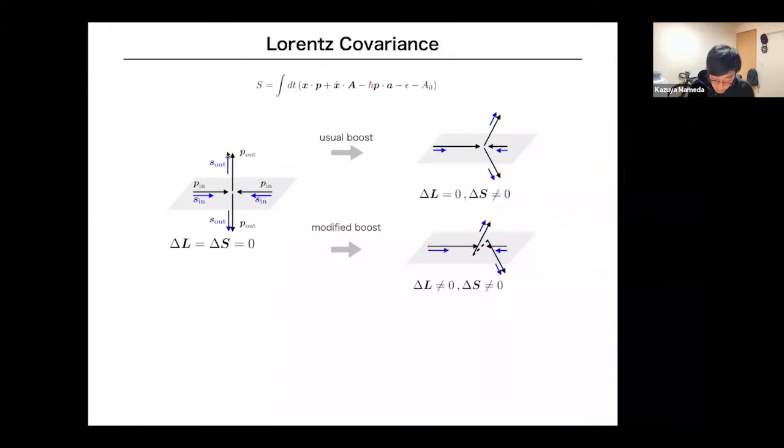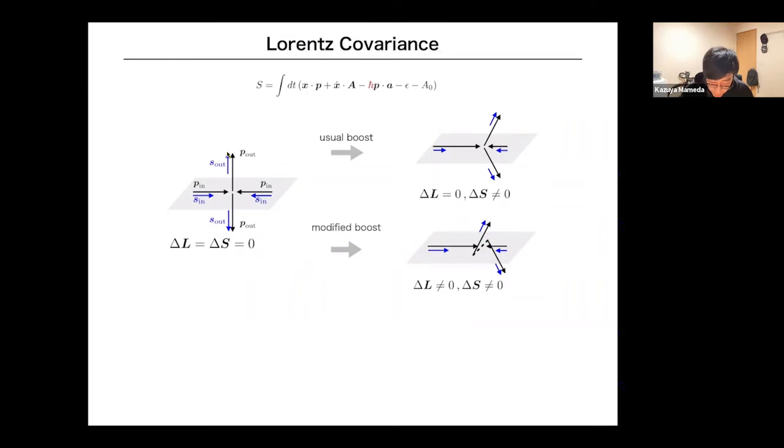However, after the collision, the particle should be shifted along this direction, namely shifted on the collisional plane, because as I said,